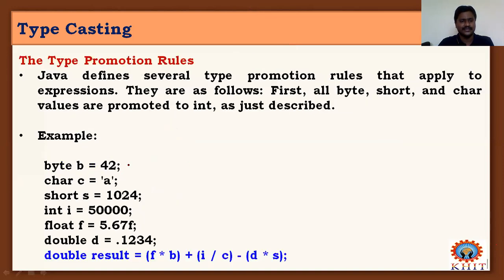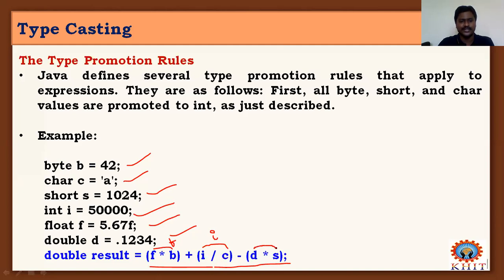Another case here: we have byte, character, short, integer, float and double variables. When we perform this type of expression, first f and b, float and byte, it gets a float value as automatic promotion. Here integer and character, the result is automatically held as an integer.